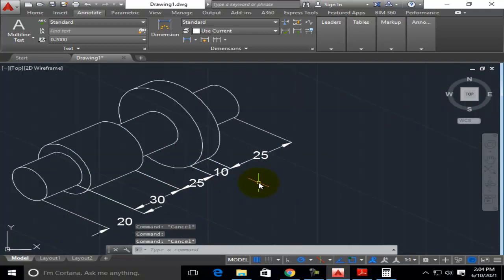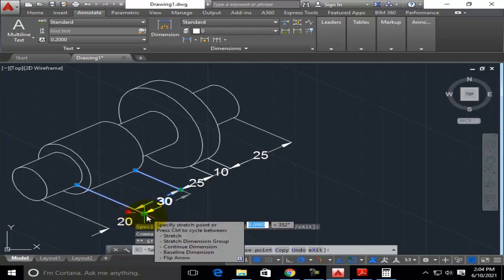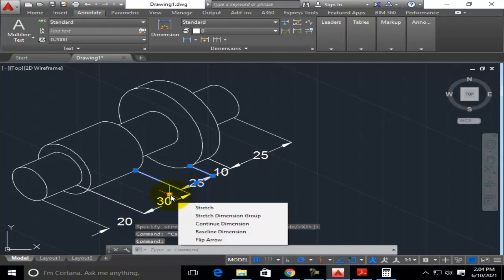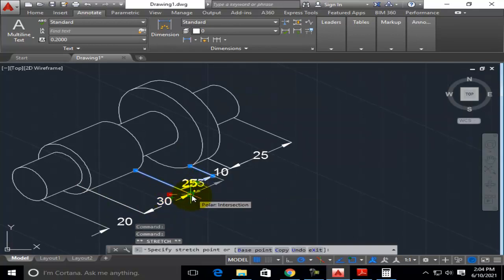10, 30, 25, and again these things are okay. You can move it a little like this. Move everything in such a way that it is okay.